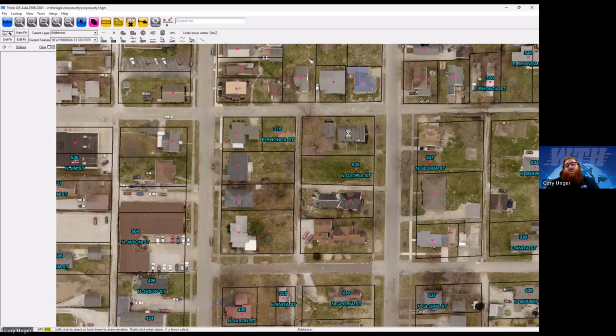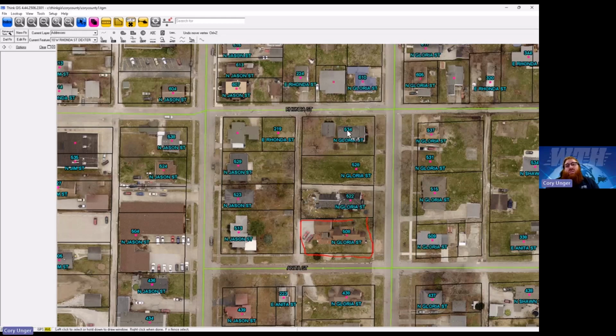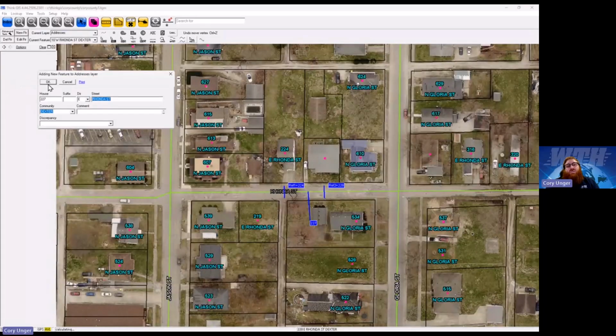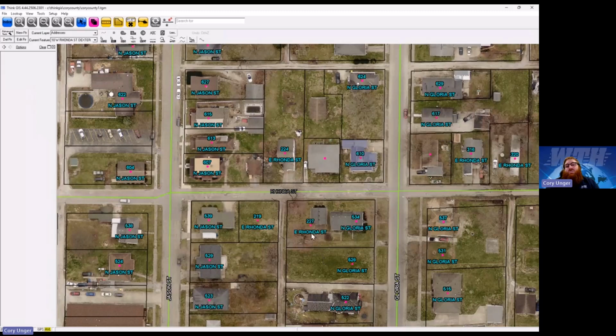The other thing you can do whenever you're doing a move tool like this is, let's say that like this example here, I guess is what I was trying to get to. Let's say that they are building a house here and they have a house here. And let's say you need to move this just farther forward because you want to make room for an address to be able to show up here. Sometimes I'll do that just to make it so that these addresses show up nicer. So you might move that one over, and then you'll use your address tool to create an address here on the backyard. We'll just use the default one that it gives us,